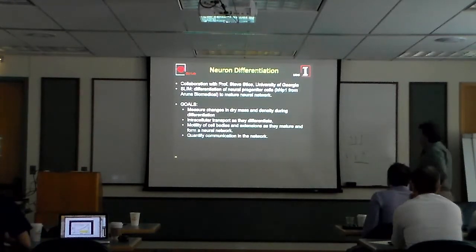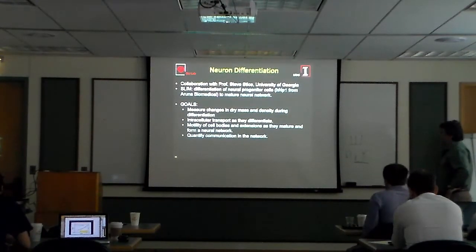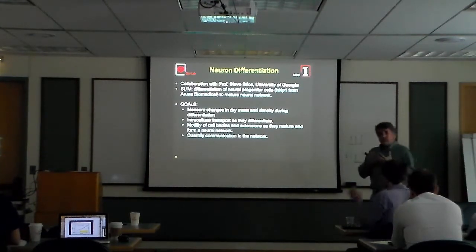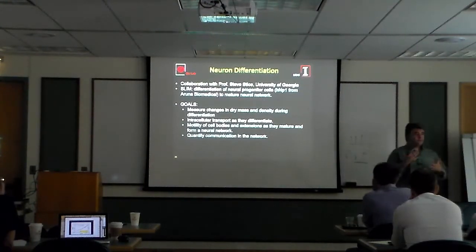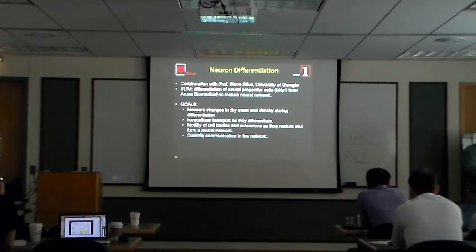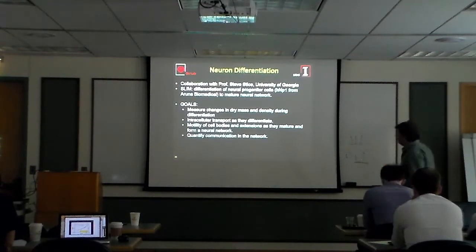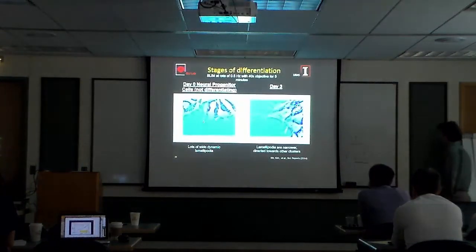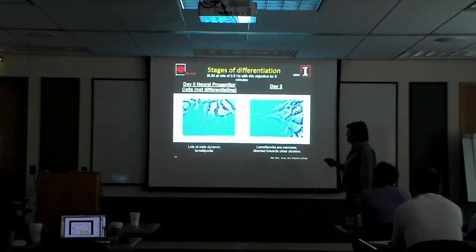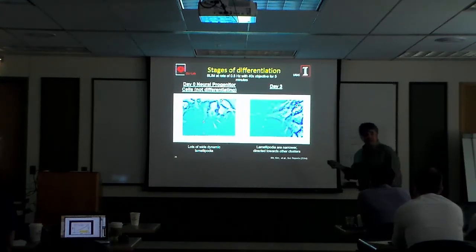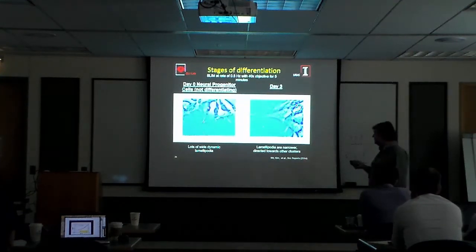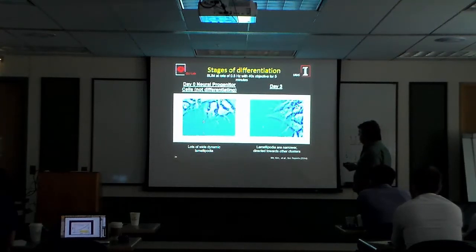So recently we tried to understand whether we can monitor neuron differentiation, this transition from something that looks nothing like a neuron to a fully developed neuron, and then understand network formation. This is a collaboration with the University of Georgia. We wanted to see how cells grow, how the intracellular transport, using this method, and maybe how the morphology is developing. So on day 0, you start with this. They look nothing like neurons, right? These are neuroprogenitor cells, embryonic stem cells.